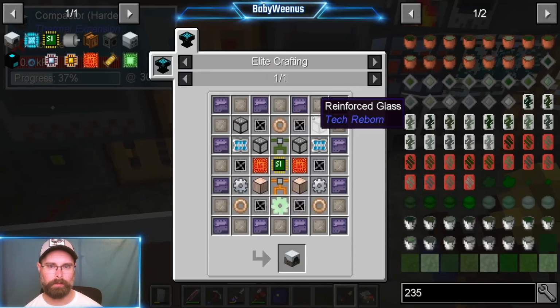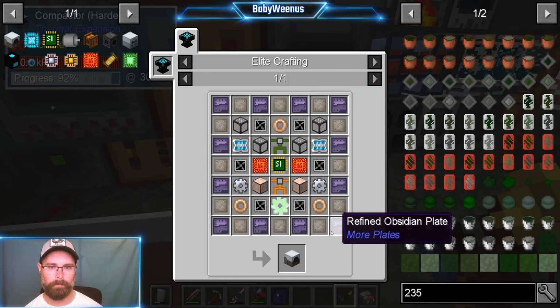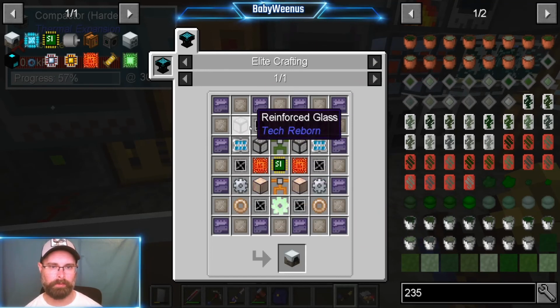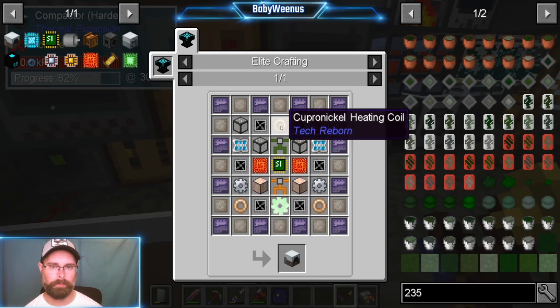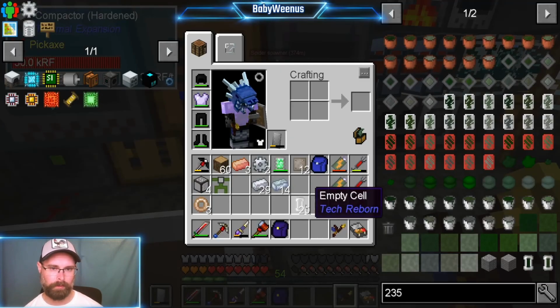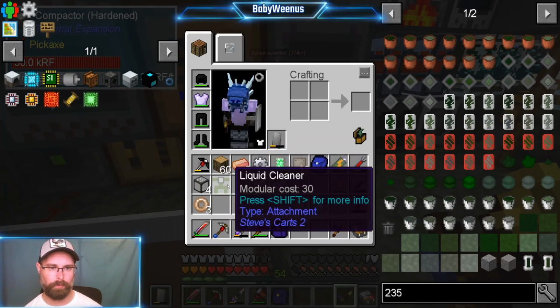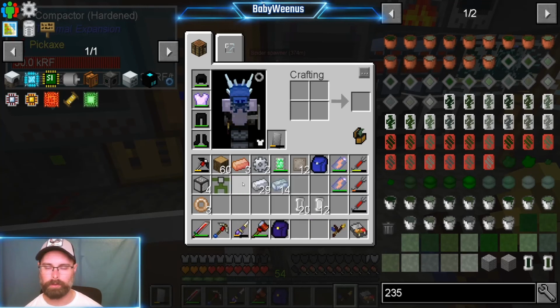We already got these advanced alloy ones. I'm off camera. So we got the whole frame done. Let's see. We've got the reinforced glass times 4. We've got the copper nickel heating coil times 3, I believe. Yep, we have that times 3. We've got the 2 aluminum gears. Got the 4 coils. We have the liquid cleaner green one,